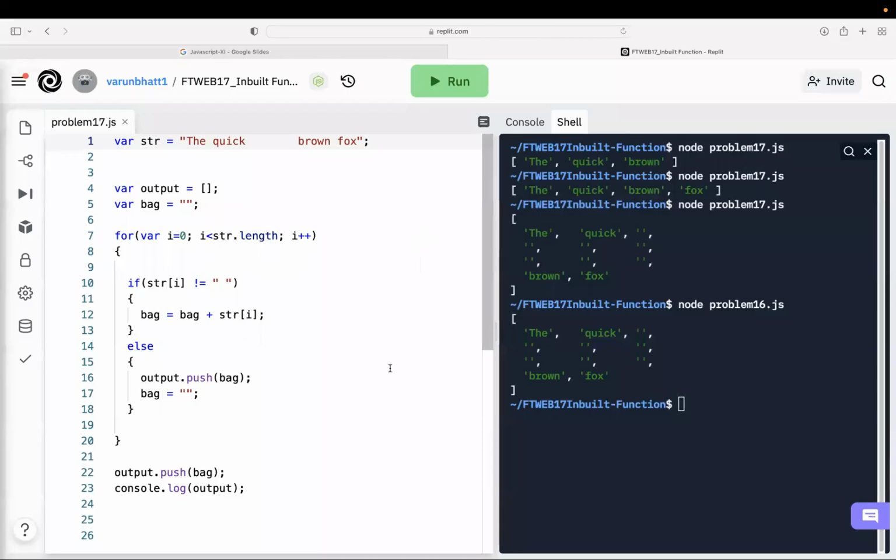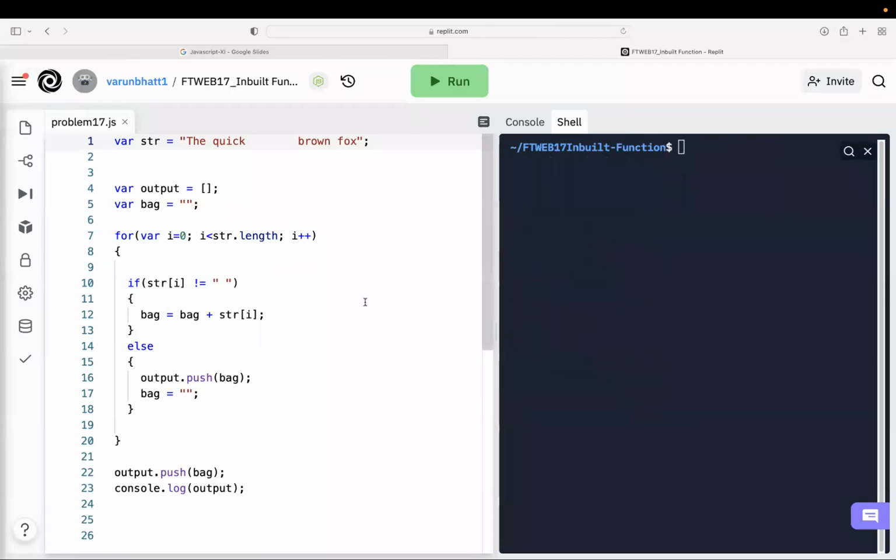So in that case, how can I solve this problem? Whenever I'm putting something into my bag, I need to make sure that it is not a space. So what I will do is put a condition: if bag is not equal to space, then only